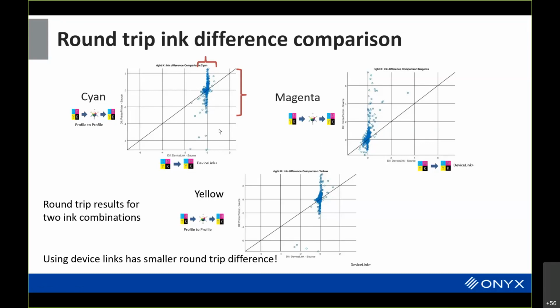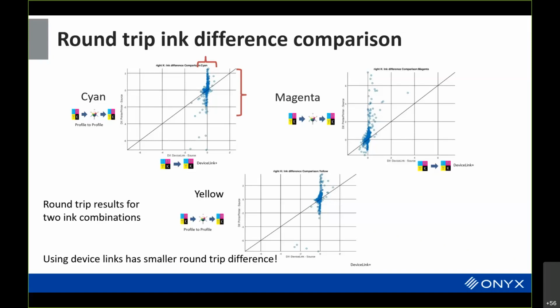Now, why would we even care? We're talking about one or two or three units, but when you're asking for 100% cyan and you round trip and end up with 96% cyan, that's significant, because in those areas there's potentially a lot of ink due to the calibration that changes, and it can change the saturation very significantly in the high regions.